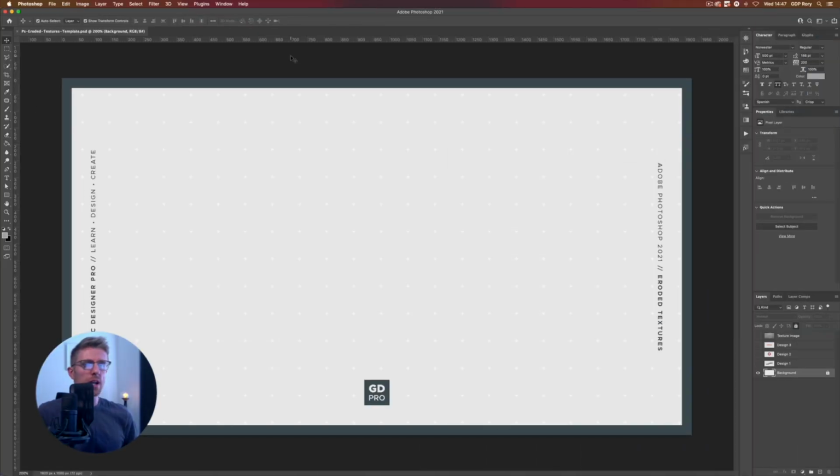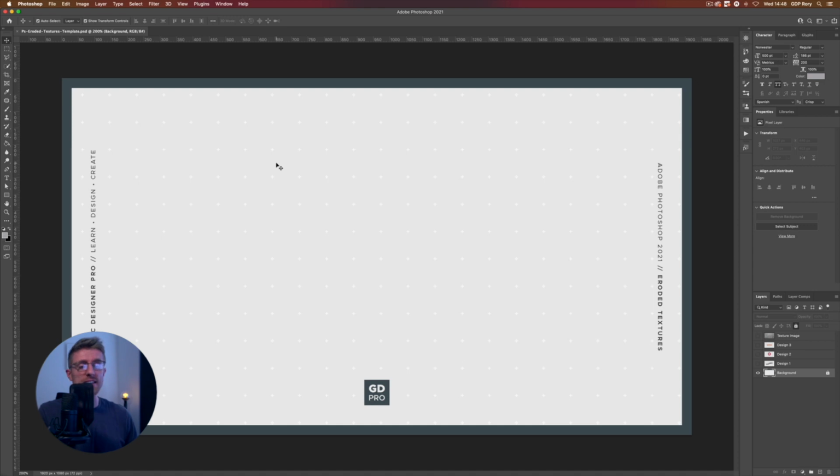Okay, so here we are in our template file, and we already have a few layers set up that we are going to apply our textures to. But before that, we are actually just going to start by creating one of the textures themselves. So this is probably what you will be doing. You'll create them separately, and then you can bring them into any one of your design files and apply them from there. So that's the beauty of this. These are completely reusable, and you can basically build up a bank of these textures and potentially even sell your